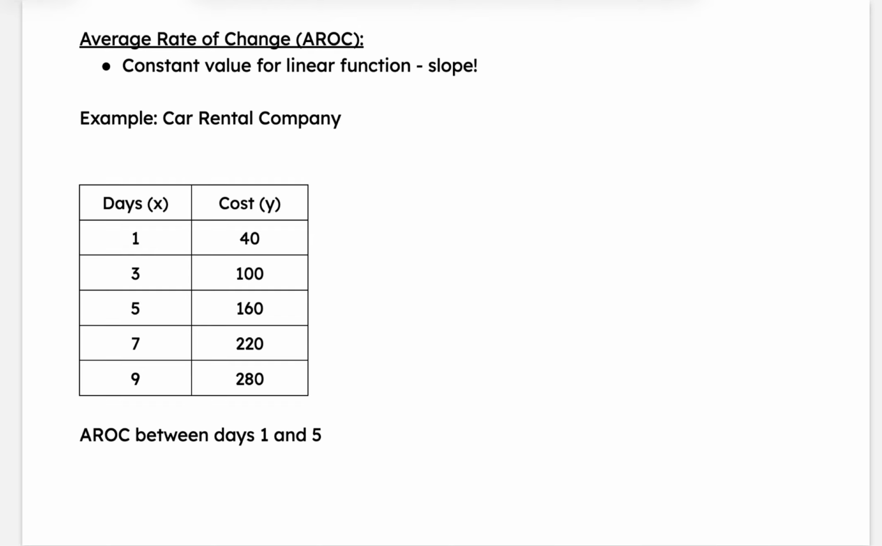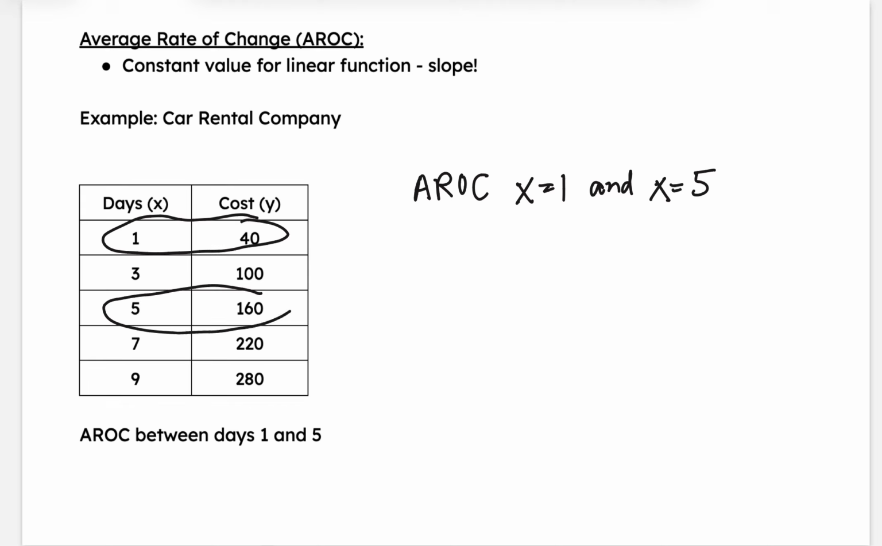So if we look at this example of a table, if we want to find the average rate of change on the interval, or between x equals 1 and x equals 5, we're looking at this value and this value. So it's again our y2 minus y1 over x2 minus x1, so that'd be 160 minus 40 over 5 minus 1. So that'd be 120 over 4, which gives us 30. So our average rate of change